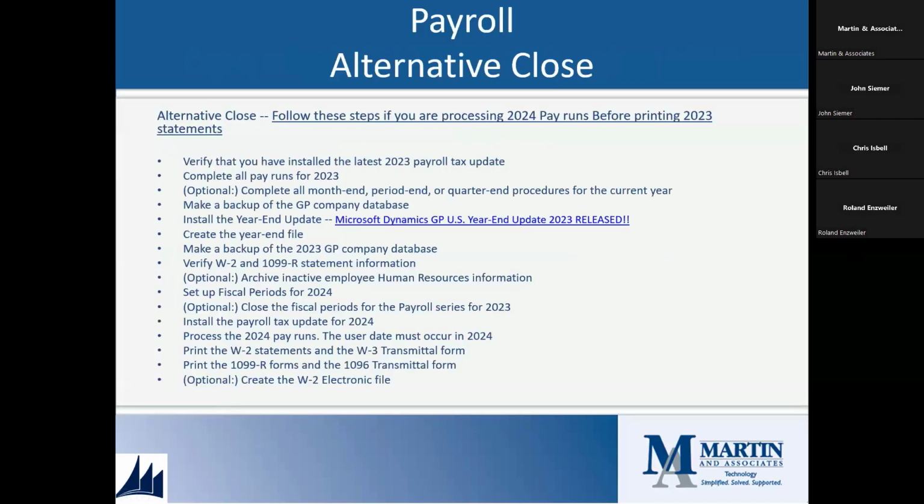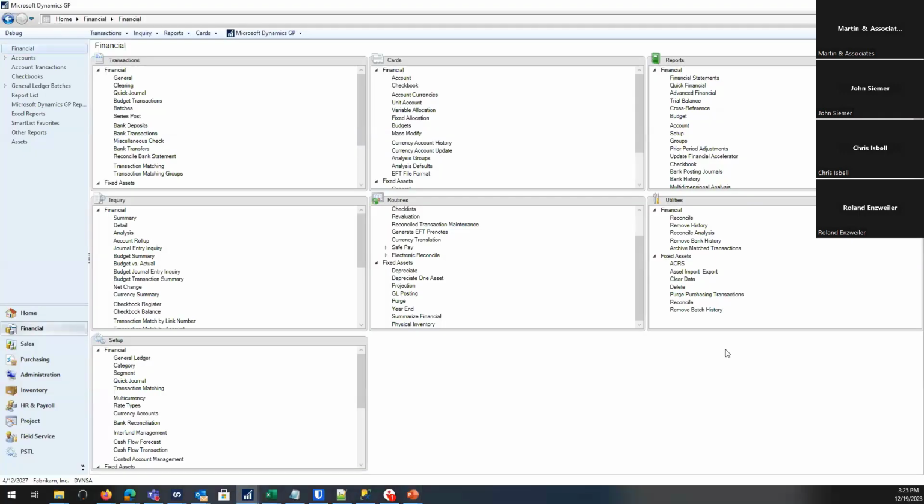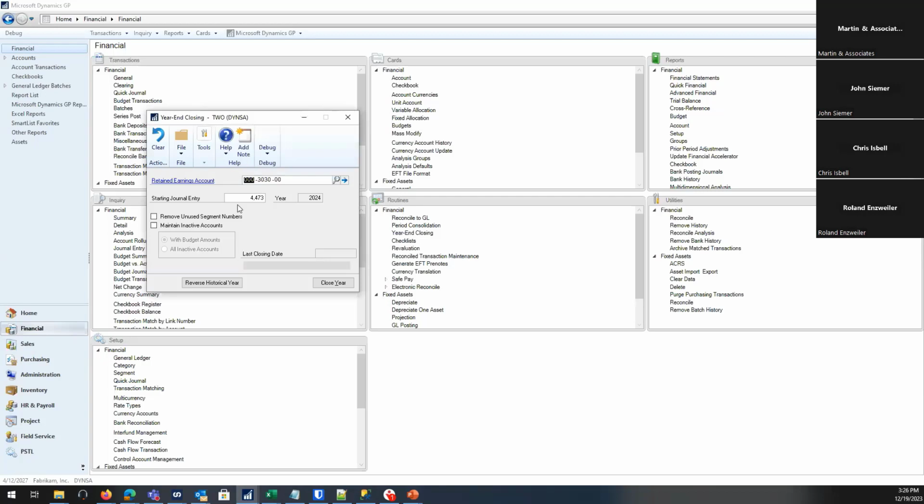Within the year-end closing for GL, I want to hit on one other point. Within the year-end closing window, there is a reverse historical year button. This has been there since GP 2013, and you normally do not have to do this. What John and I were discussing earlier is that one of the big reasons you would probably need to do that is that